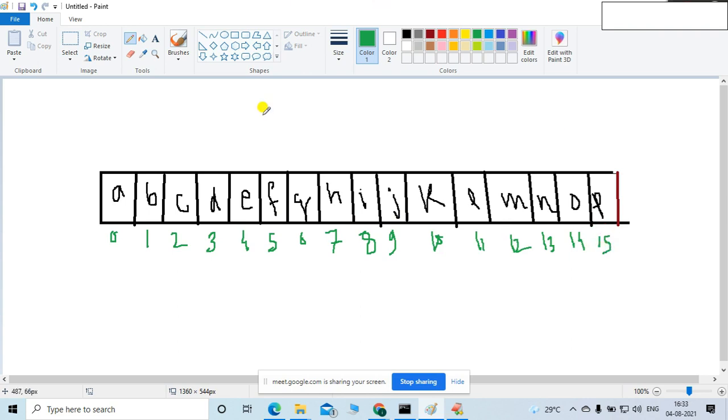Similarly, let me give the negative index with the red color, right? So I think red color is perfect. So -1, -2, -3. I am doing all those things with the mouse. That's why it takes some time. -4, -5, -6, -7,